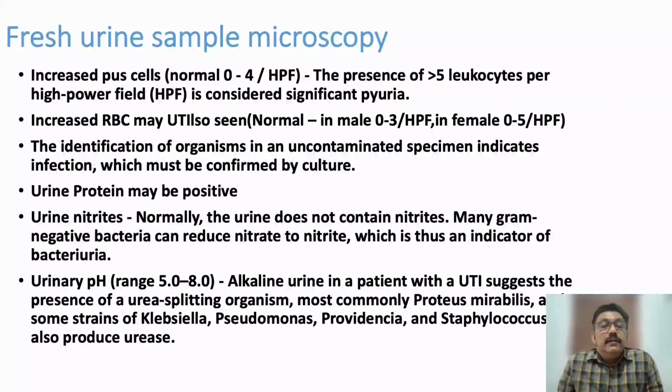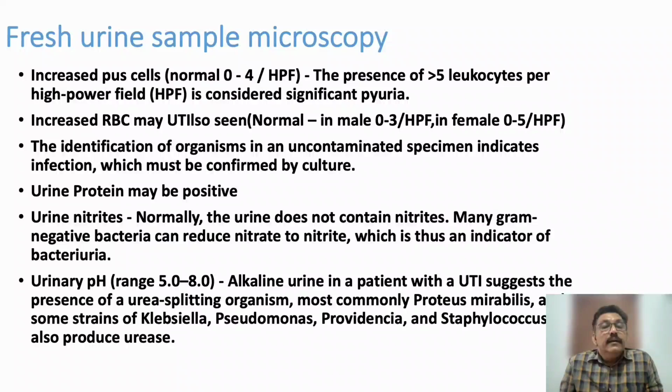Now, when we talk about urinary tract infection, we have to think about the investigation part. So normally we ask for a urine routine test. Normally we don't find any pus cells in the urine, especially in a male urine. But in a female urine, you can see up to 5 pus cells in the high power field. So in males, up to 3 can be taken as normal, but in female patients up to 5 can be taken as normal. In a male patient, you should never see an RBC in the urine, but in a female patient up to 5 to 8 are considered normal.